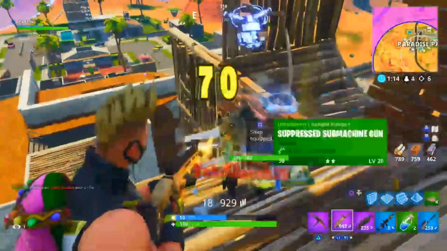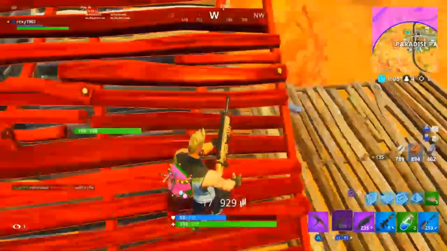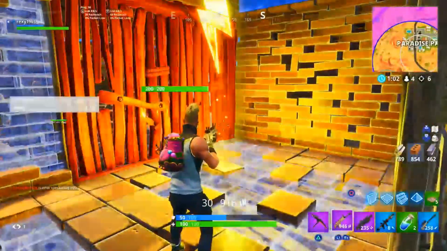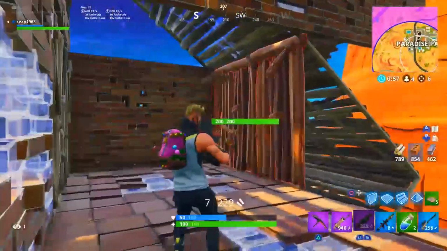I don't have gameplay of the Salty lightning bolt because I didn't actually go there to get it. I went to Paradise Palms, as you can see now. I would have gone to Salty, but the zone went to Paradise and the lightning bolt was right next to me, so I thought, why not? So now that you've done your lightning bolts, the treasure map, the SMG, the 3 kills at Retail, grenade eliminations,